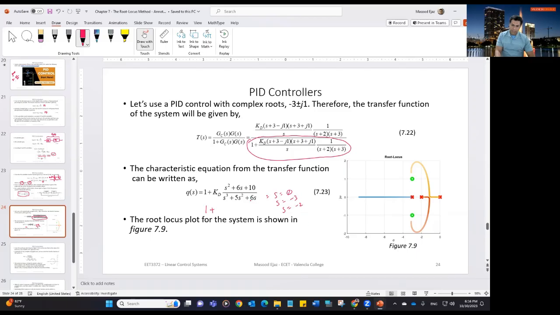-2 times -3 is 6. And then you're going to have 5. So 0, -2, and -3: 3 poles and 2 zeros. And 1 zero is going to be at infinity because we have 3 sections, 2 zeros which are not sitting at infinity, and 3 poles. So one of the zeros is going to be at infinity, which will be right over here somewhere. So the root locus from this pole, which is at S equal to -3, is going